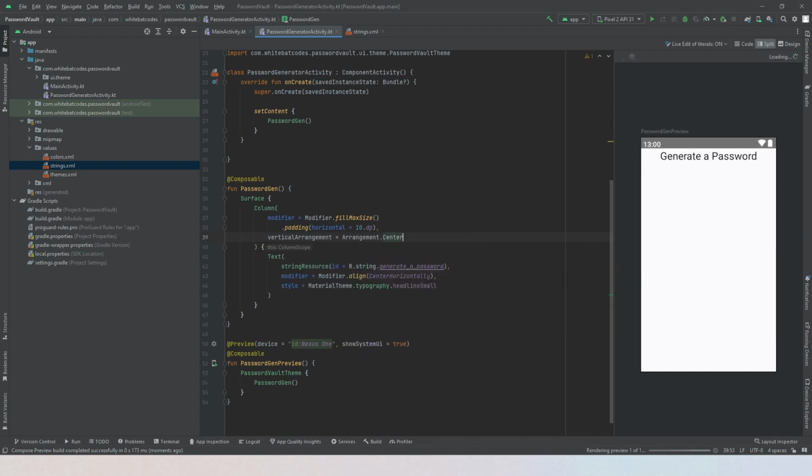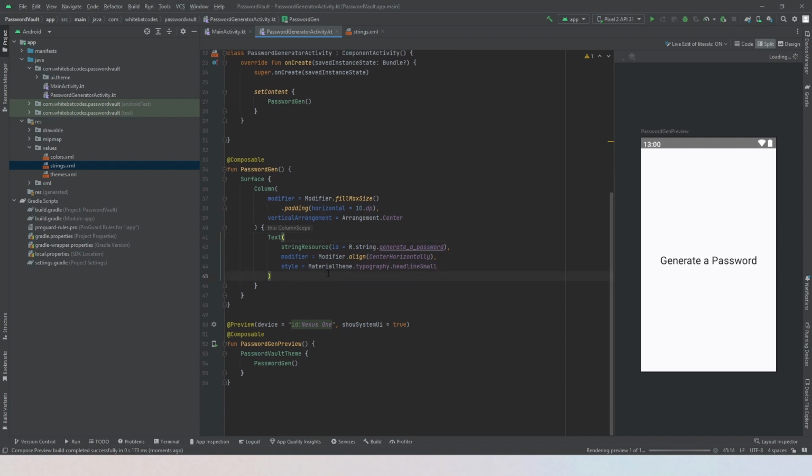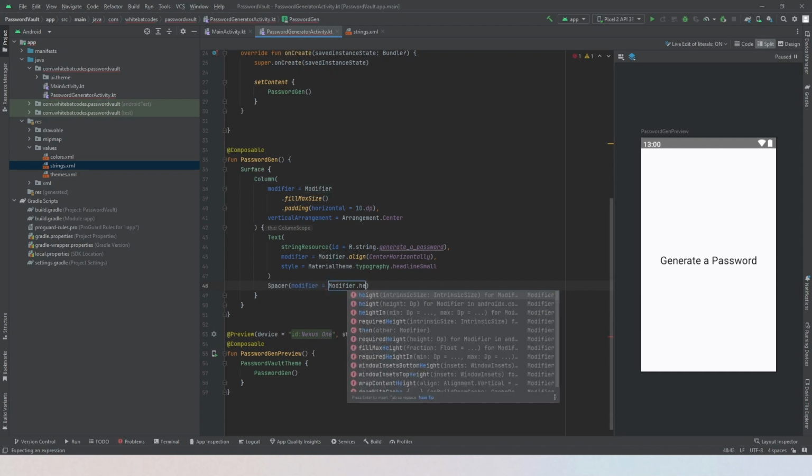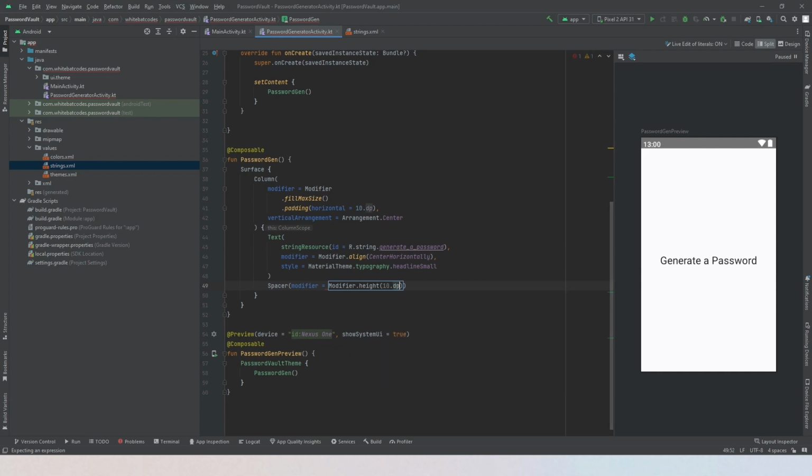So center everything. This should center everything out. That's good. Now let's create a spacer. And then modifier dot height. Give it 10 dp. Then the next step would be another column that would contain the checkboxes that we have